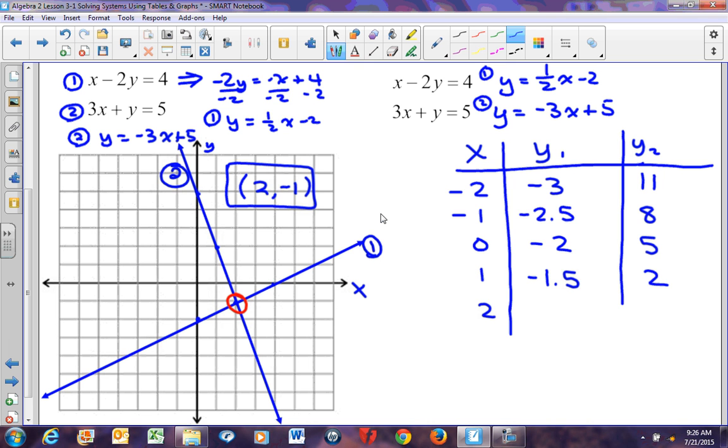If I put in 2 for the first equation, I'm going to get half of 2 is 1, 1 minus 2 is -1. And if I put in 2 for the second equation, I'm going to have -3 times 2 is -6, plus 5 is -1. Now I know this is the solution because as soon as I get